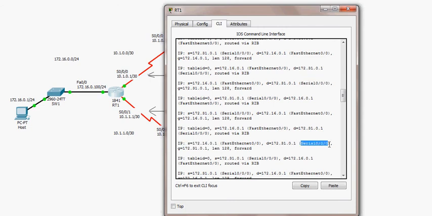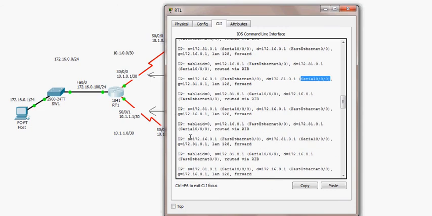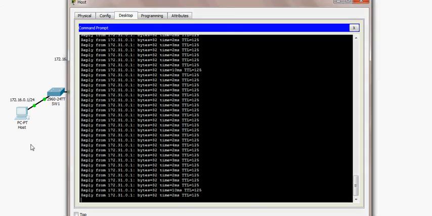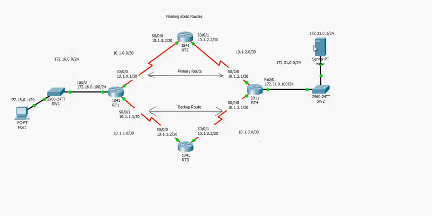So the exit interface is serial 000. All packets sourced from 172.16.0.1 are forwarded to the same destination 172.31.0.1. They are forwarded by router RT1 through the exit interface serial 000. So everything is fine, and we see that the host is able to communicate with our web server hosted on server